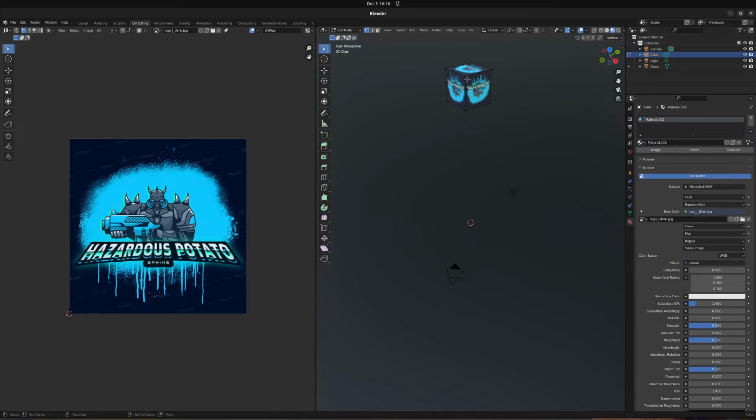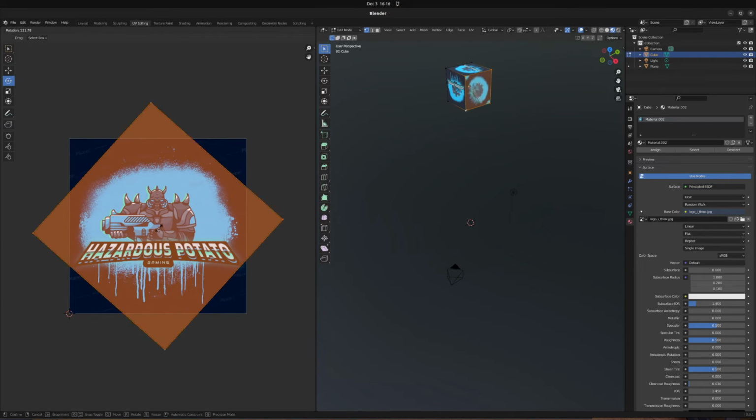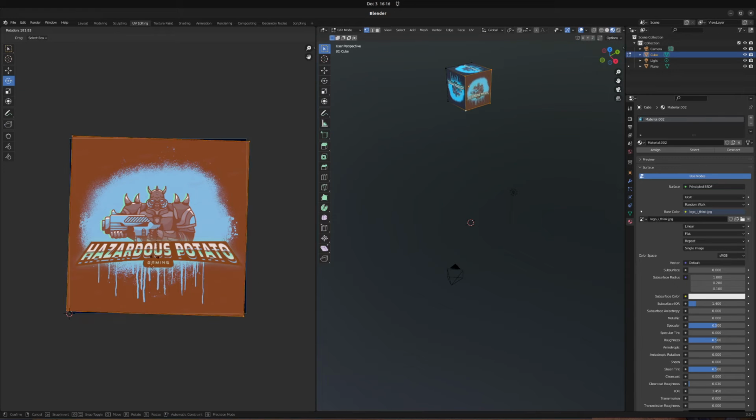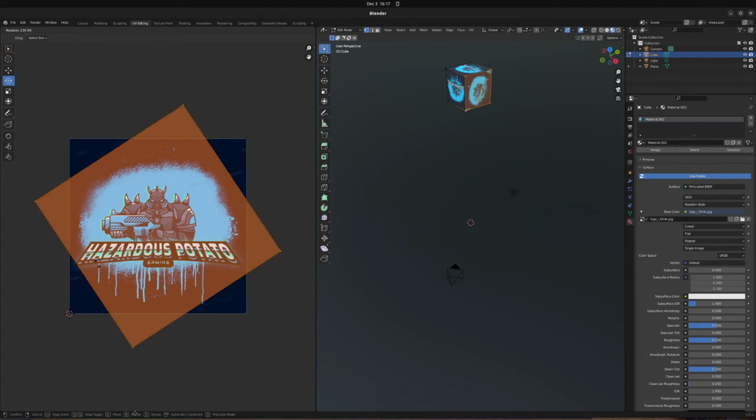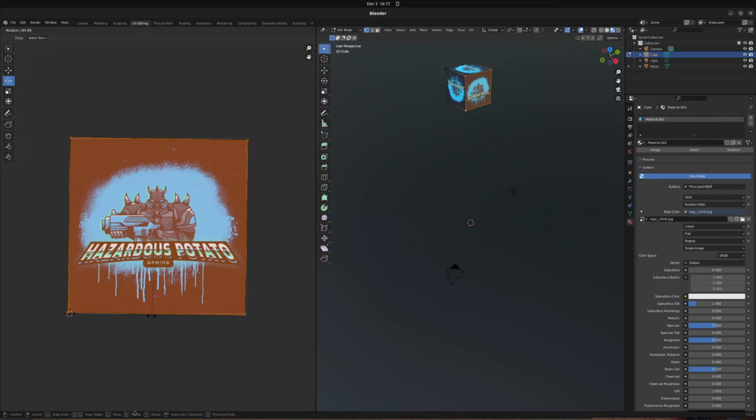And then for these two sides, I am going to rotate them 180 degrees. And then you're basically just gonna rotate this until you think it's all covered. And yeah,